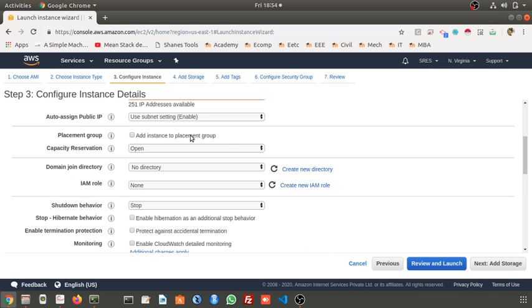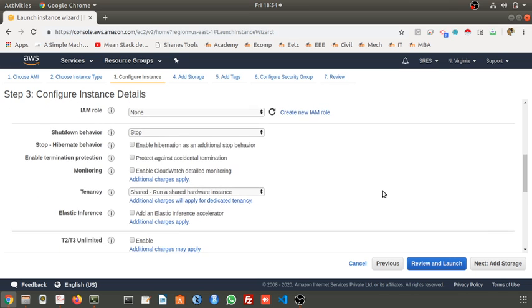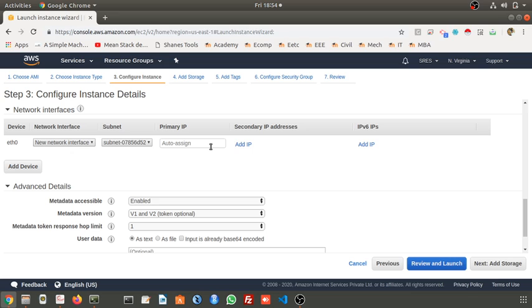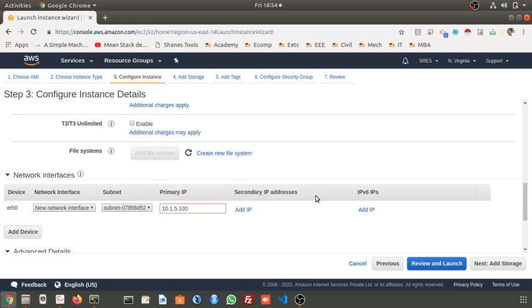Here also the IP address setting is enabled, so a public IP will be assigned automatically. But here you can assign the IP address for your machine. I will add 10.1.5.100, because we have given the series 10.1.5 for the servers which need to be placed in the private subnet.